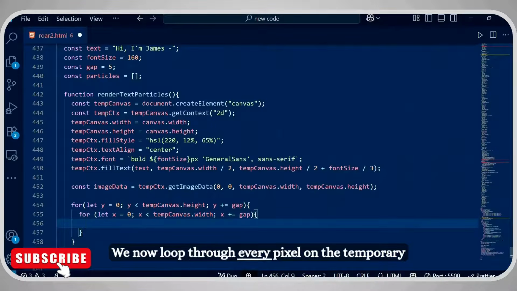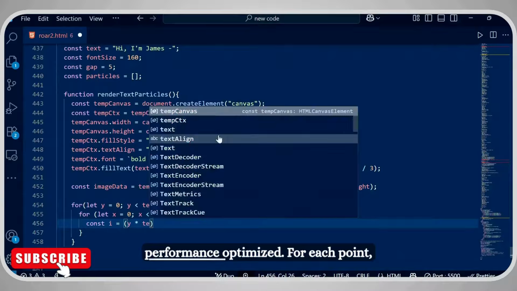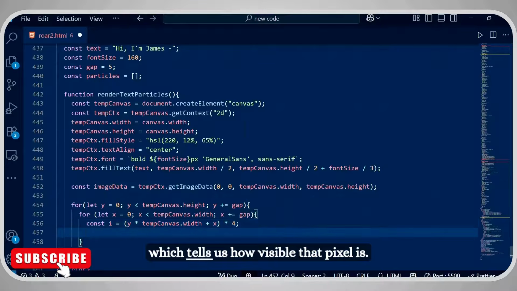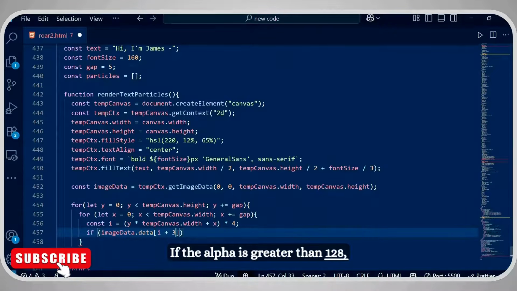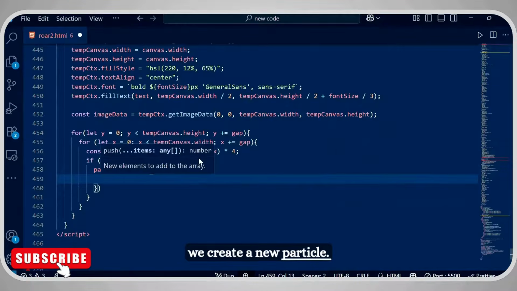We now loop through every pixel on the temporary canvas in steps defined by the gap value to keep performance optimized. For each point, we check the alpha value, imageData.data[i+3], which tells us how visible that pixel is. If the alpha is greater than 128, meaning it's part of the visible text, we create a new particle.